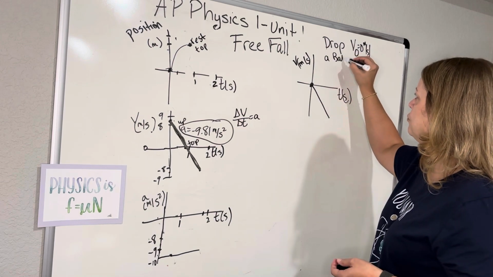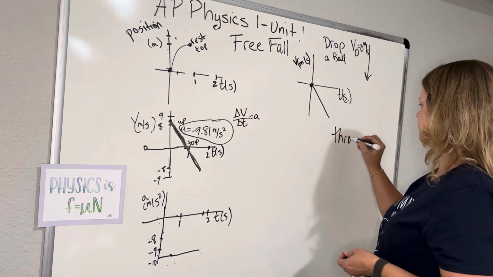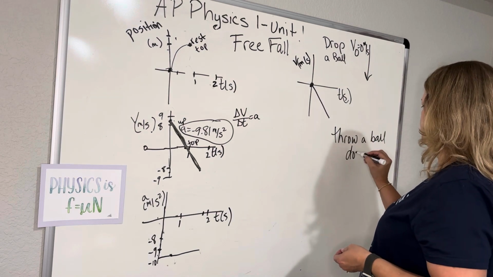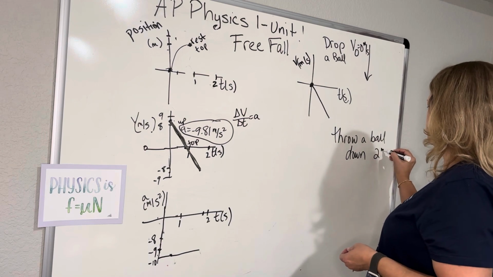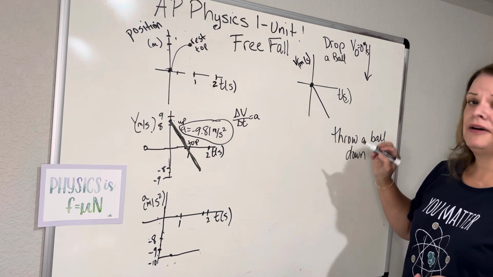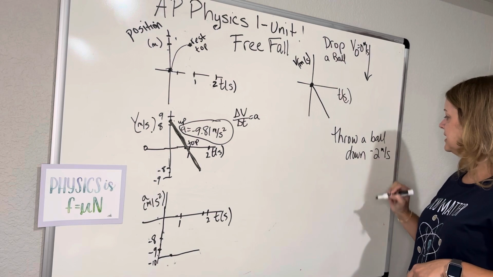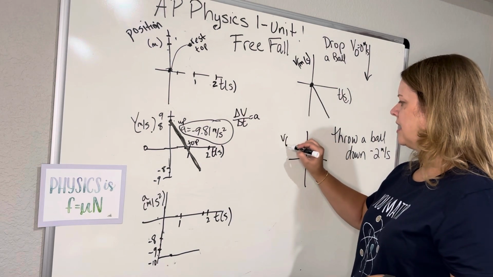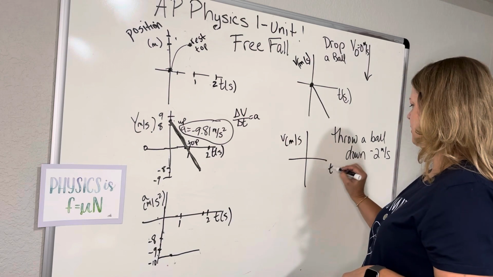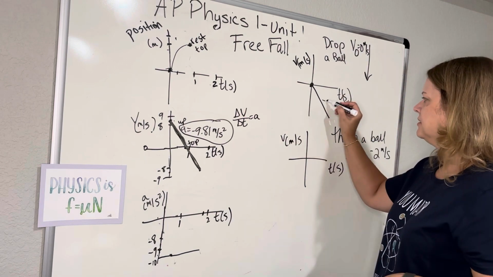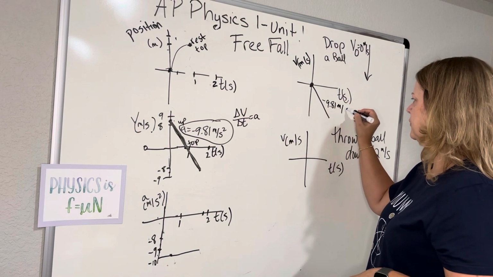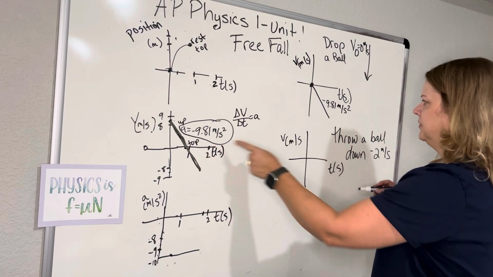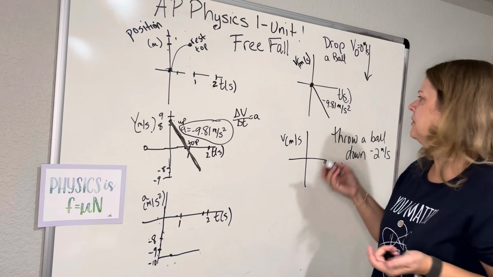All right, if you throw a ball down, let's say you throw it down with an initial velocity of 2 meters per second. Remember, down is negative, so that's really a negative 2 meters per second. So your velocity time graph would look like this. It's still negative 9.81, the slope of this line. It's going to be the same slope as this line in your velocity time because the slope is acceleration and that's not